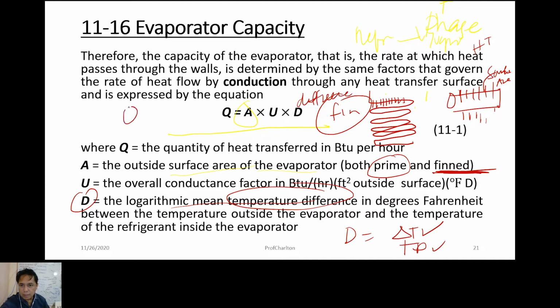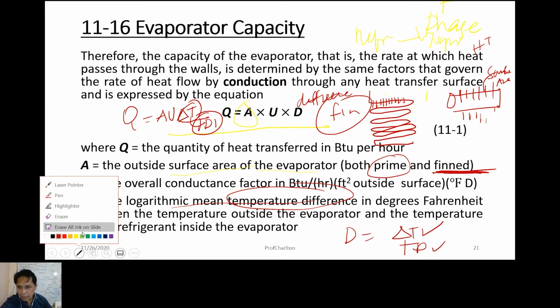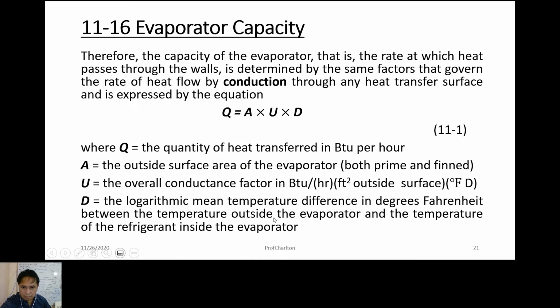So that's the formula. Now Q equals A U delta T. Others are using delta T, others are using TD, temperature difference. But the main point here is that this is just the logarithmic mean temperature difference in degrees Fahrenheit